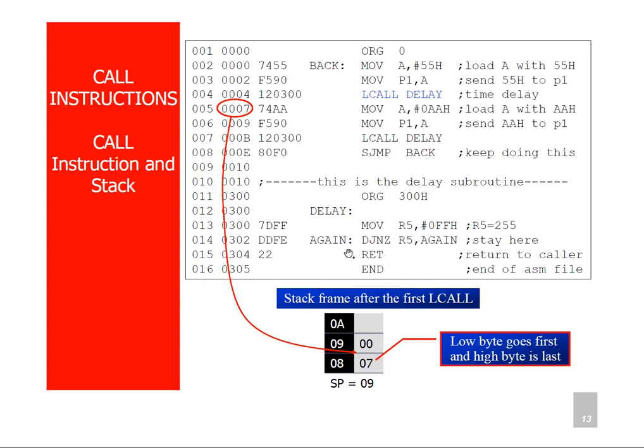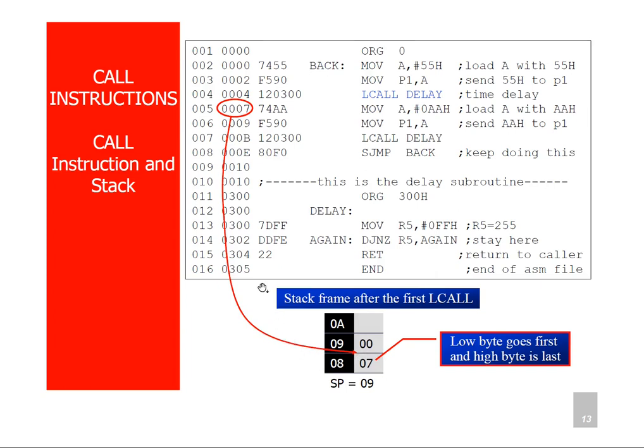In the subroutine, the last instruction is the RET instruction. On the execution of this instruction, we know that the controller has to retrieve or pop the data from the stack. So it pops the return address that was stored before executing the subroutine. So 00h is loaded to the PCH, and 07 will be loaded to the PCL.